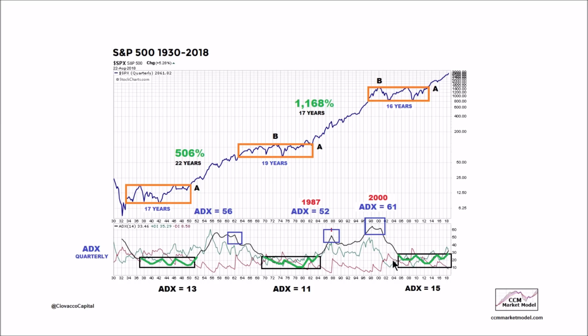And thus, the facts that we have in hand today, no opinions, no egos, no emotion, the facts tell us that we should remain open to the possibility that really good things could still happen for a long period of time. This percentage and this duration, and this percentage and this duration are both calculated from the top of the box here at point A. Given that we broke out of this box in 2013, and we've already experienced gains, if this secular move here and this secular move here is similar going forward, we could still rally from August 22nd, 2018 for an additional